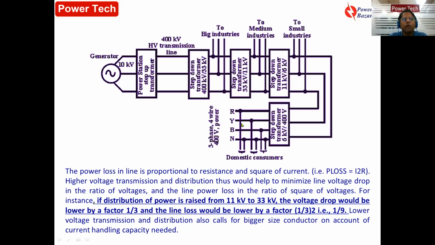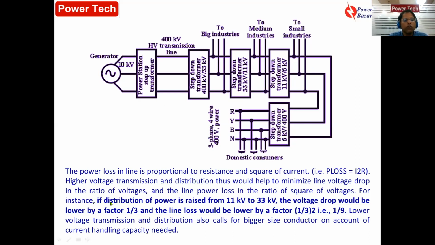That means you get R, Y, B and N. So this is the three phase, and this is the neutral, the transformer neutral. So if I get three phase supply, I get R, Y, B and N, 3 phase and 1 neutral. So I get three phase supply for my house. Sometimes a small house load can also take single phase supply. That means 1 R and 1 N. This is 230 volt. But altogether this line voltage is basically 400 volt. So this is a typical power system flow diagram in which the generator, transmission, then distribution system and the consumption system have been shown.